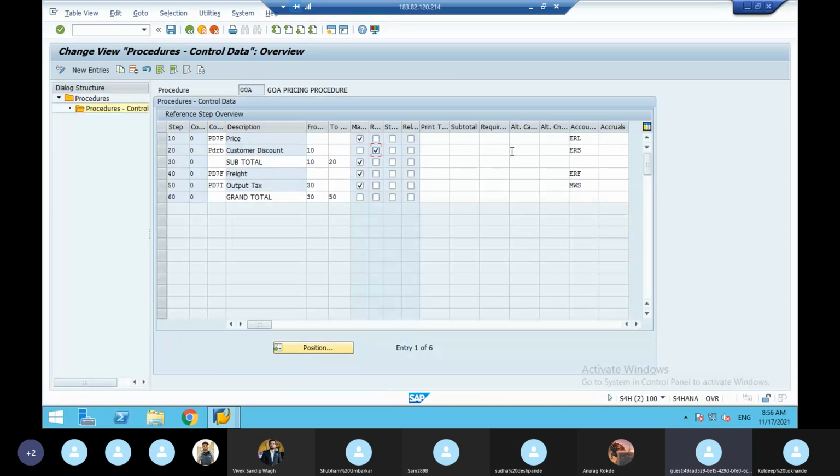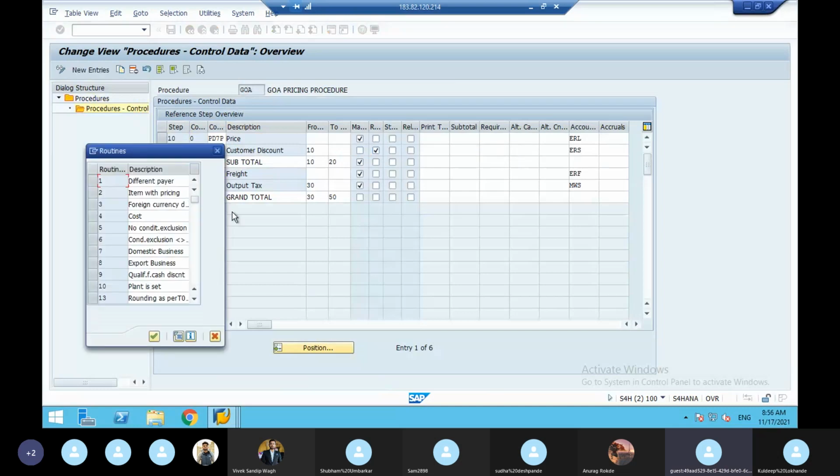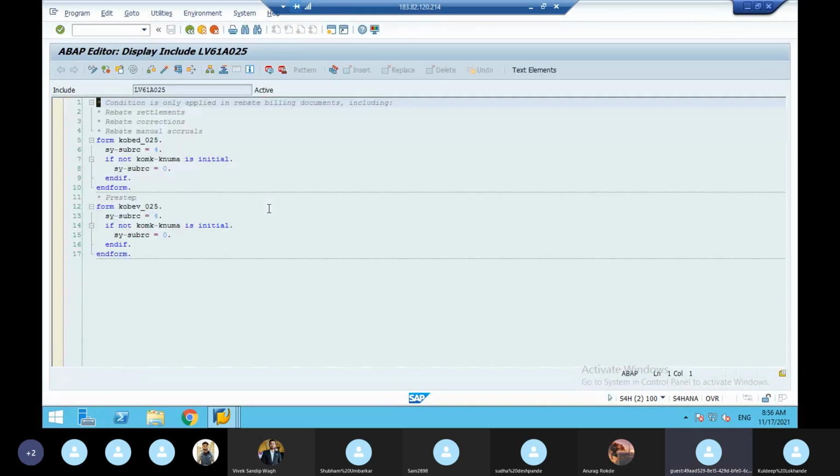And here you have to maintain one programming routine. Here we have to add one programming. What is that? Rebate is telling that if you buy 500 cars at one stretch, at one bill, you have to make billing at one stretch. So that is why rebate is for one billing only, no partial delivery. See, behind that, programming is written here. These are business process programming they have written. This is the programming they have written for the rebate settlement and all.